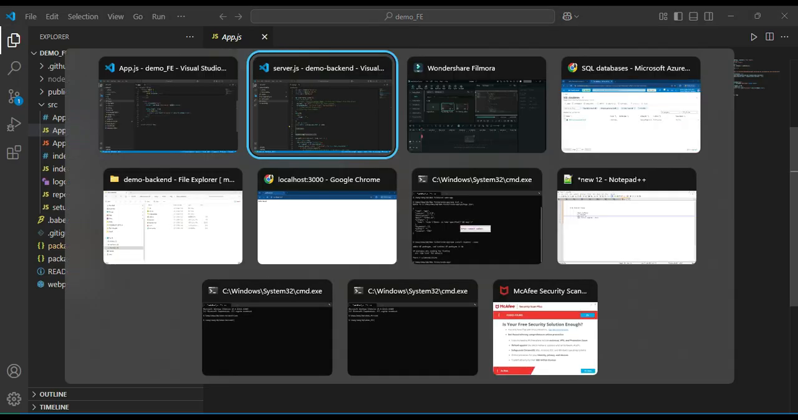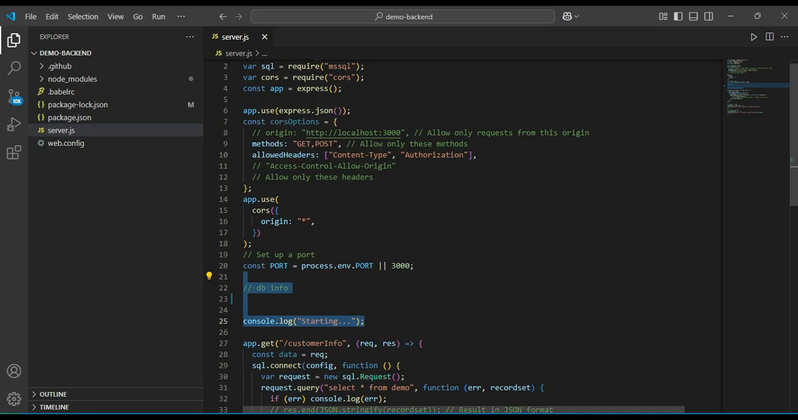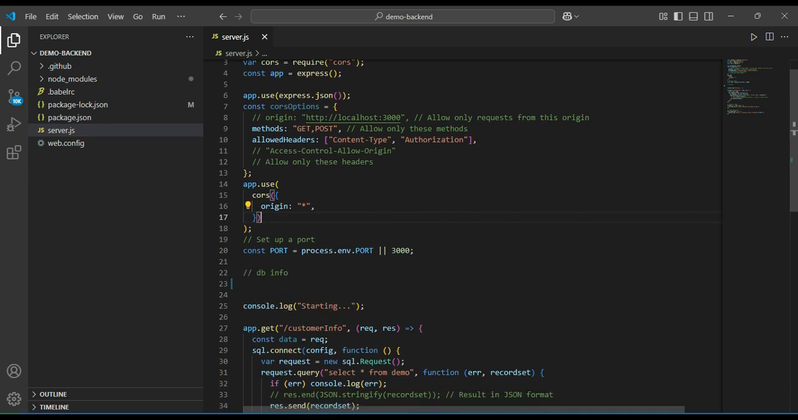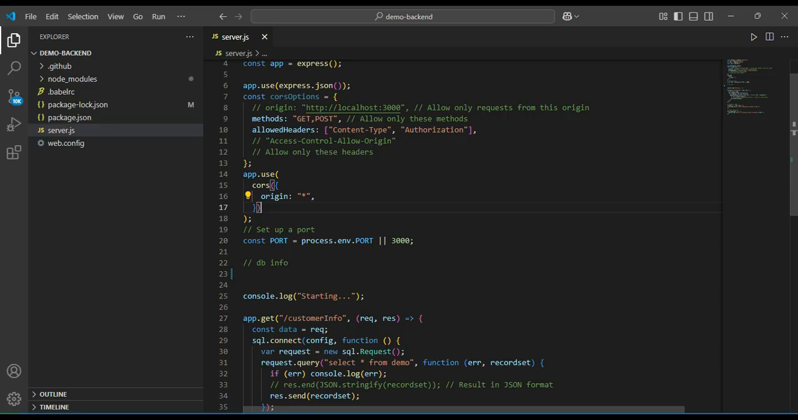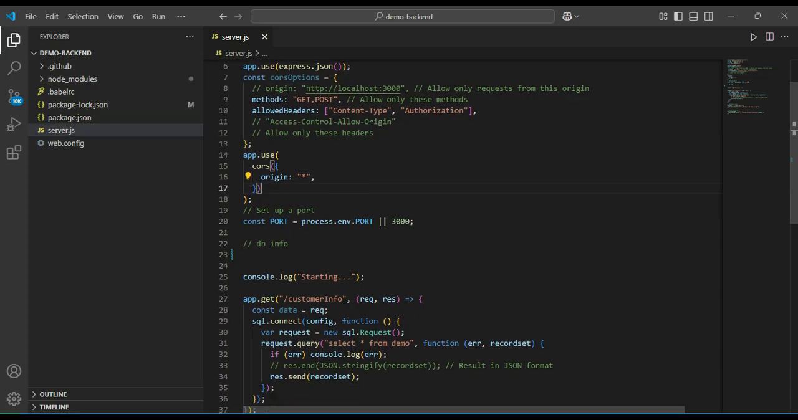Now let's go to the backend. On the backend side, I have set up a server.js file. This server.js file contains all the logic, requests to fetch data from the database, and all the required computation. If you see,